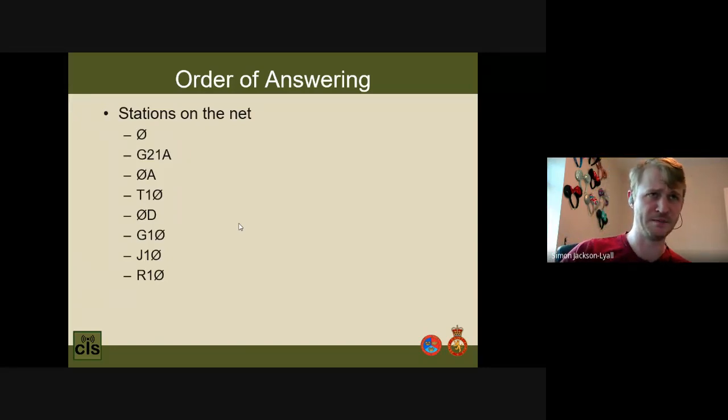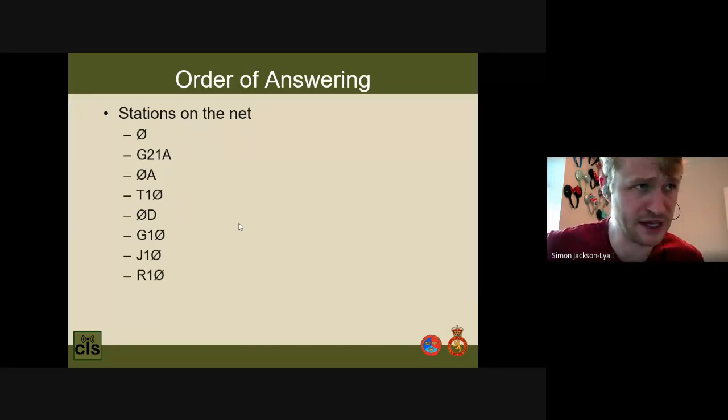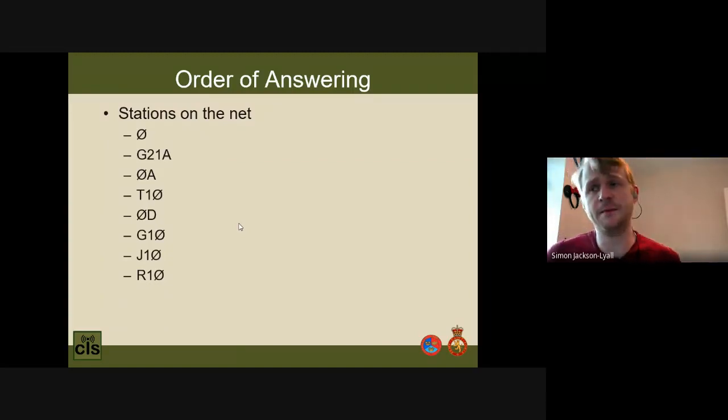So here's an example in front of you of a number of call signs on the net, and they're not in the right order at the moment. So what would be good now is if you just spend 30 seconds having a look at it and maybe ordering it. The first thing we're going to look at is you want to pick all your control stations out. So they're the ones that start with 0. So there's three in there. And then we're going to order them alphabetically. So 0 is going to come first, right at the top.